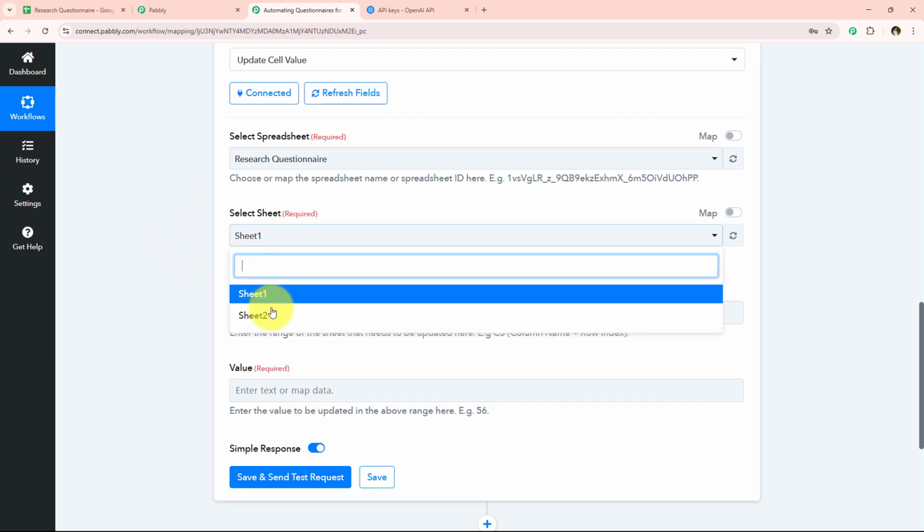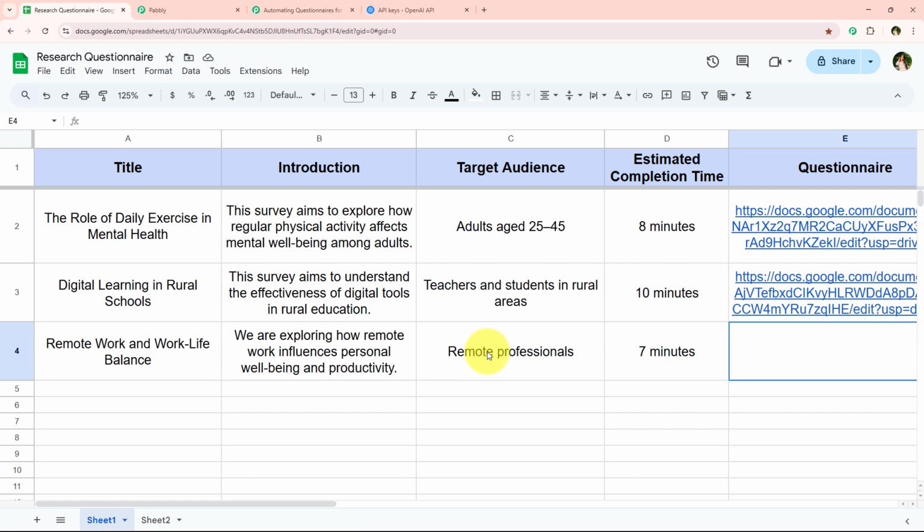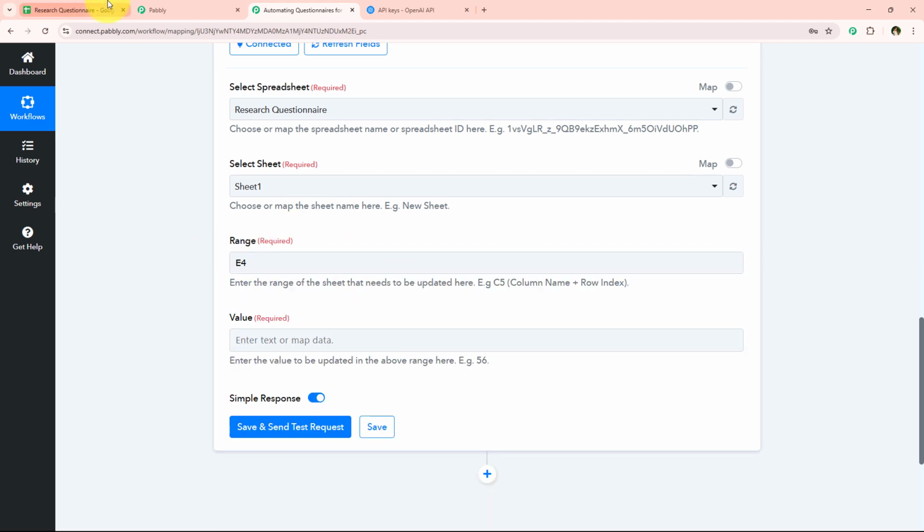Now we're going to move on forward. I'm just going to select the sheet, which is Sheet 1. And now it is asking me for the range. It is saying enter the range of the sheet that needs to be updated here. So I'm simply going to enter the range, which is E4. I'm just going to enter E4 right over here, but we're not going to enter E4 like this,